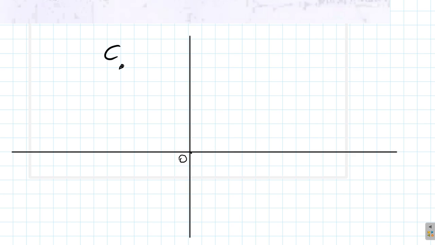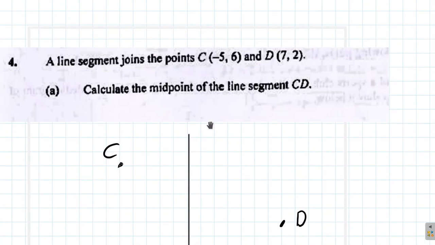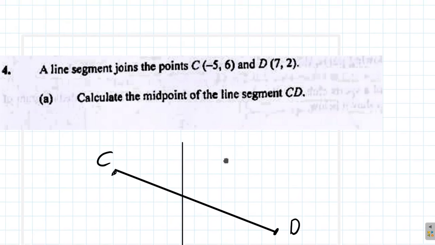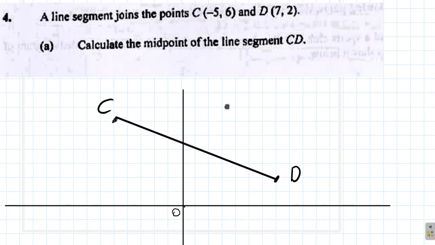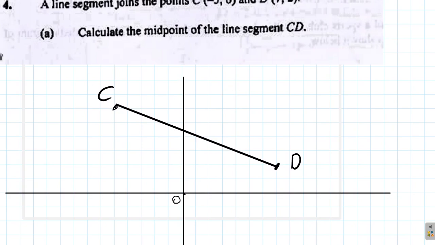So this is D. So you have C at -5, 6 and D at 7, 2. So your line would be here. Alright? You see that? Now calculate the midpoint of the line segment CD. Well, here, if you do that,